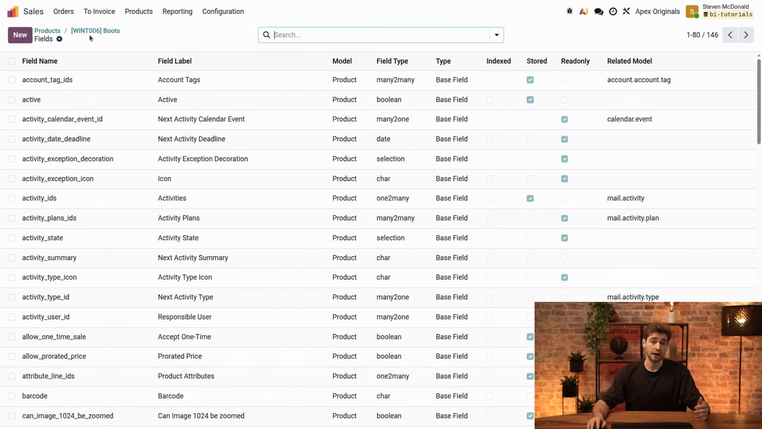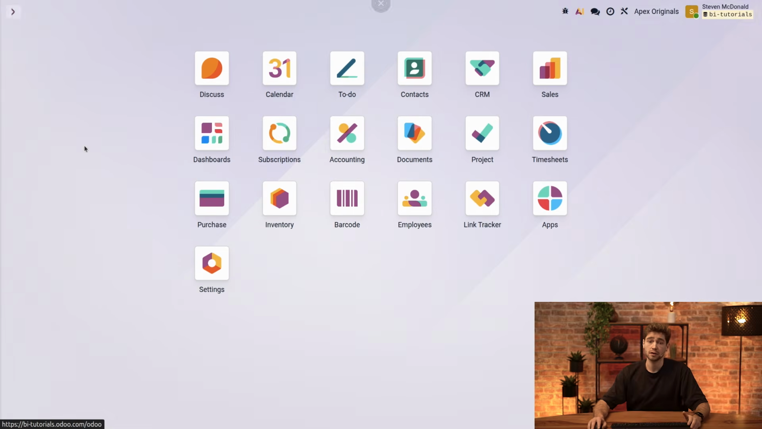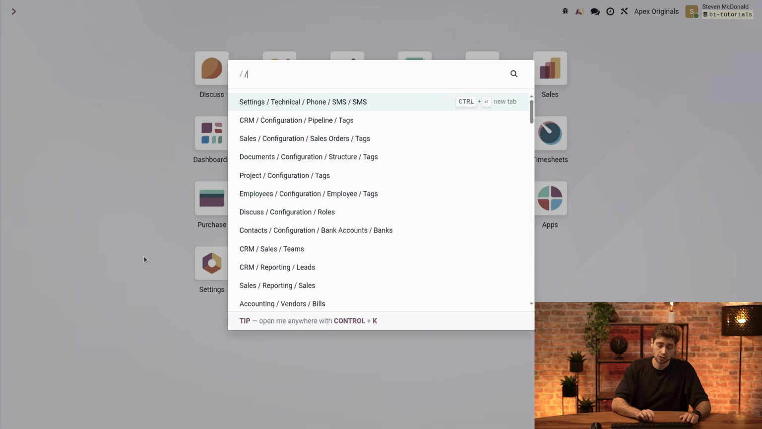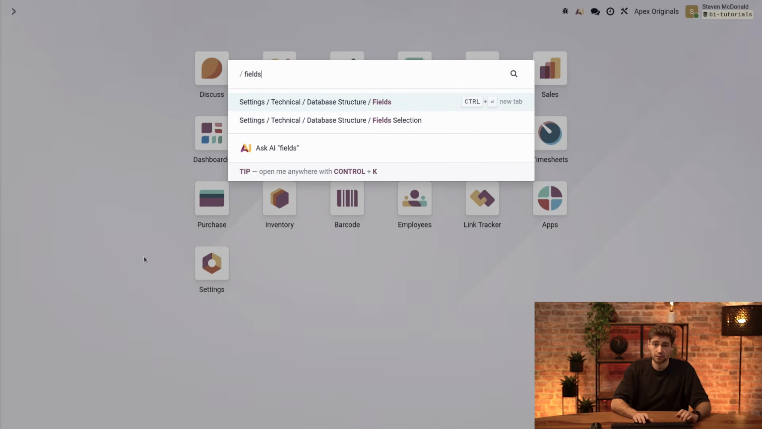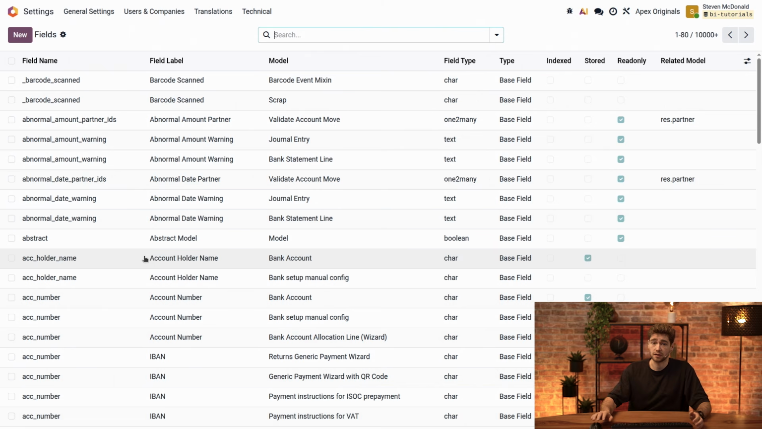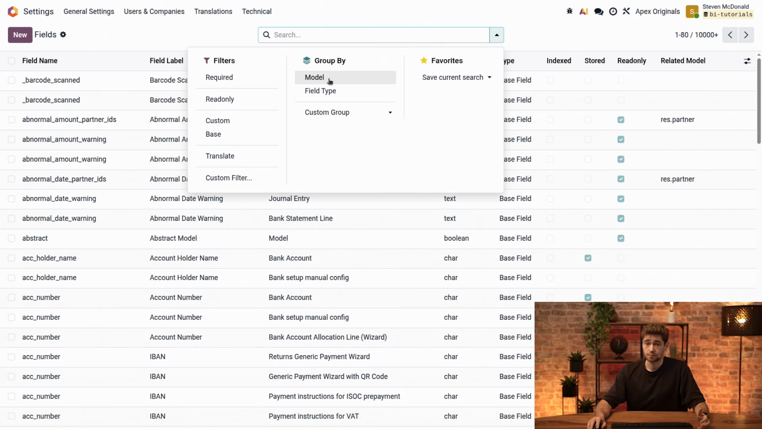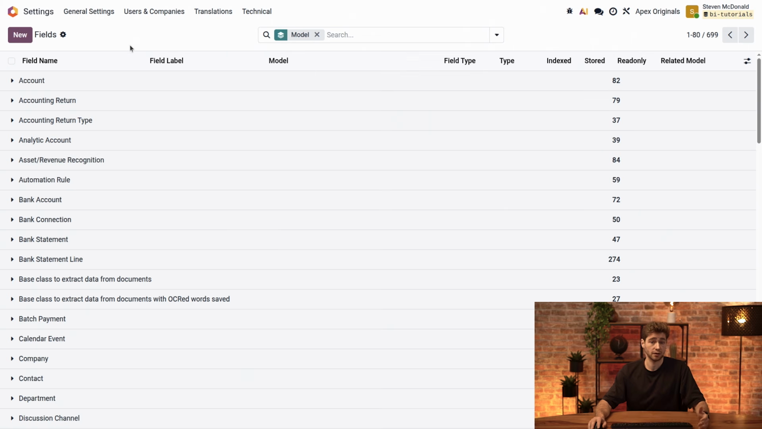Another way is via the main app screen. Here, we type / then fields. Then select this entry. This opens a list of literally every field present in our database. By clicking inside the search bar, we can group by model. This makes it easier to find the technical name of a field from a specific model, let's say the account